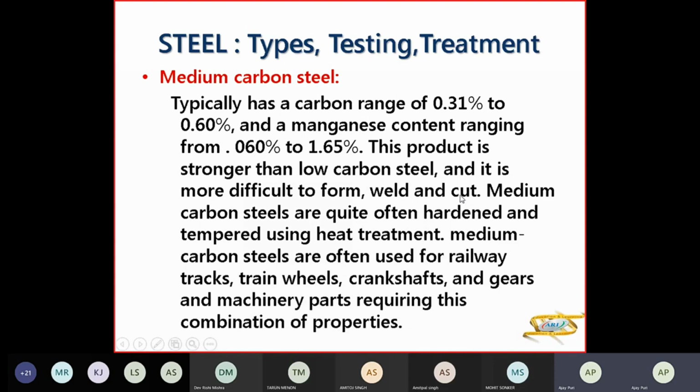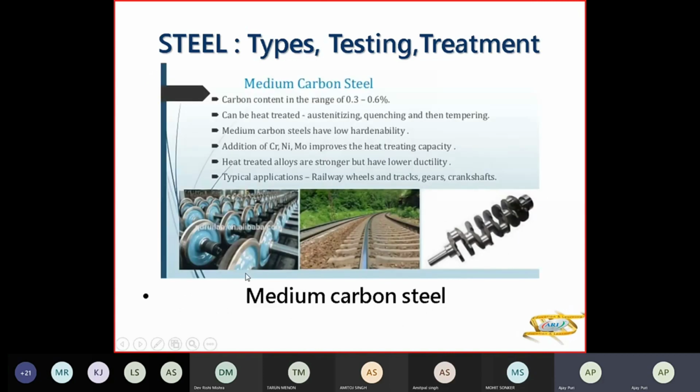So you can't have the various parts of the ship made of that. For the crankshaft and all, of course, you don't have to cut and make forms. It is made into a shape and then it is fixed. So it is quite often hardened and tempered using heat treatment. For mild steel, you can do heat treatment of tempering, but here it is tempered to make it hard. So this is used for railway tracks. Now, if you see these railway tracks here,